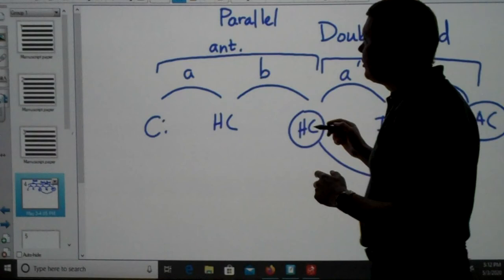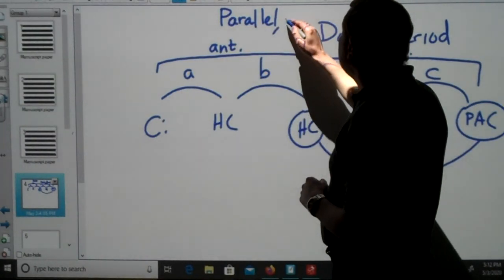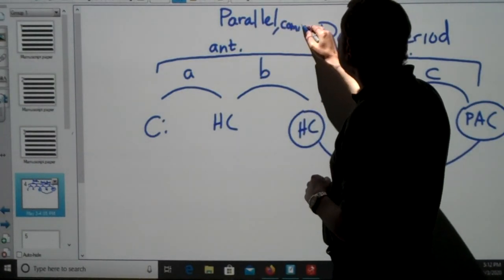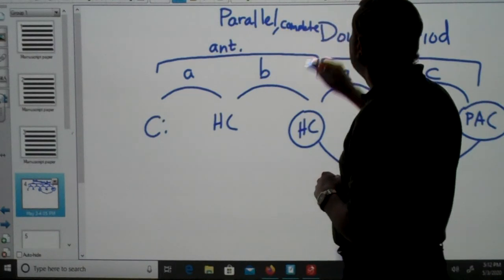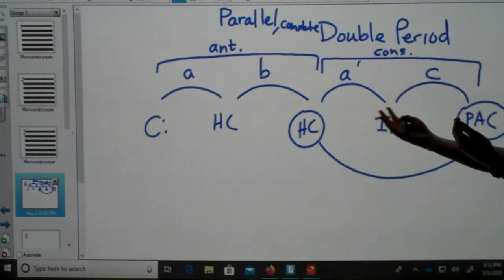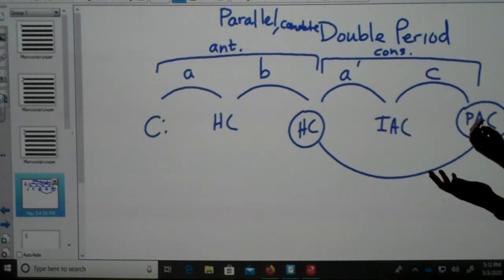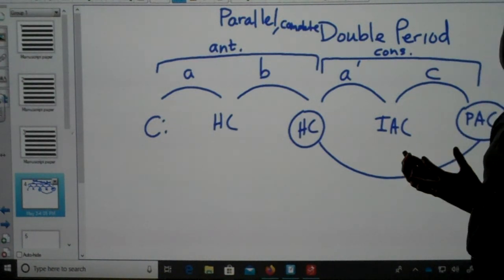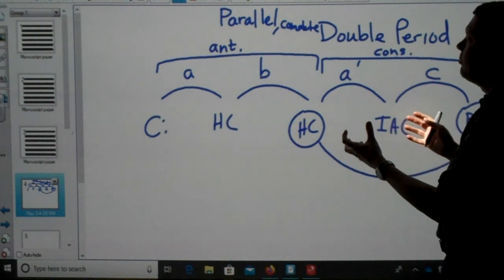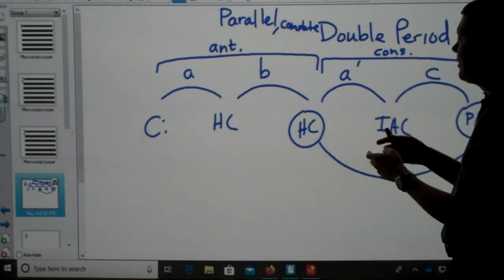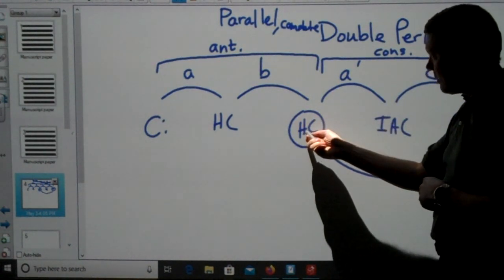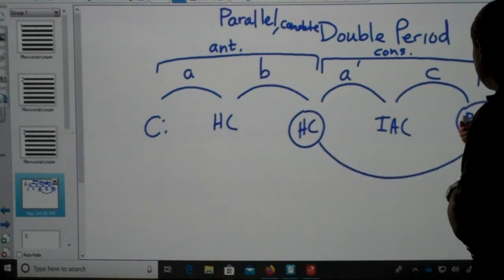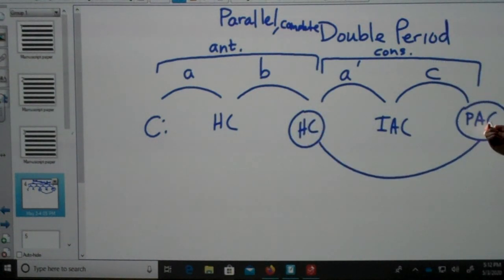And so if there's no change of key throughout, I would say that this is a parallel complete double period. If there was a change of key somewhere within any of these 4 phrases, I would call it a parallel progressive double period. The terms are the same. But I want you to recognize that if you have 4 phrases with a weaker cadence at the end of the second phrase, and the strongest cadence at the end of the final phrase,